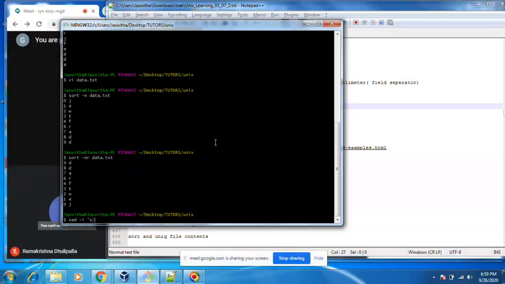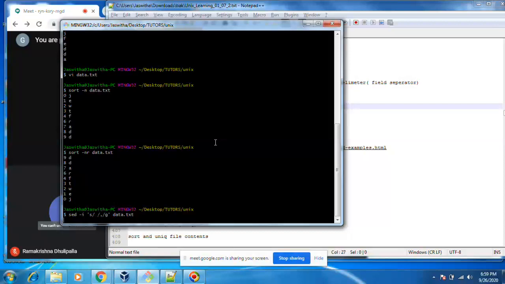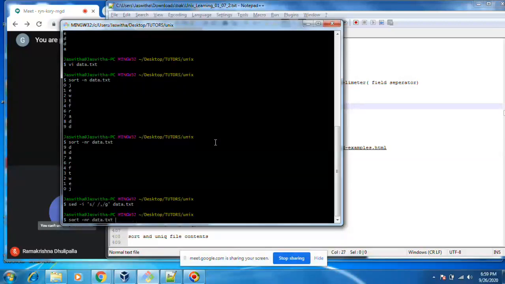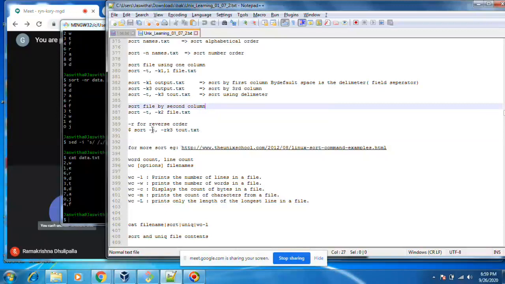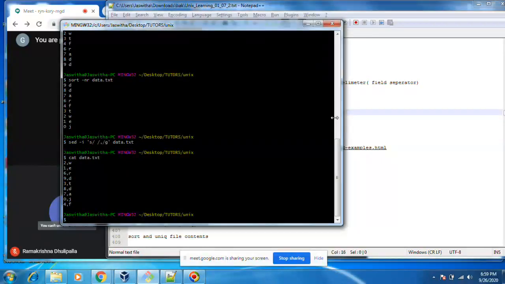I'm just removing space with the comma. Okay, now this command will work. Sort hyphen t, hyphen k1 is first column, k2 is second column, like that, data.txt.